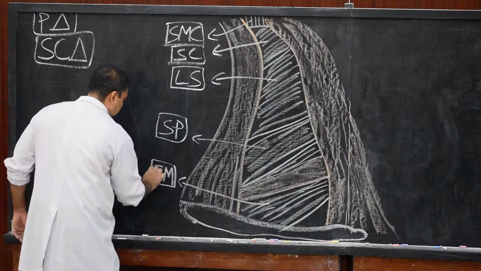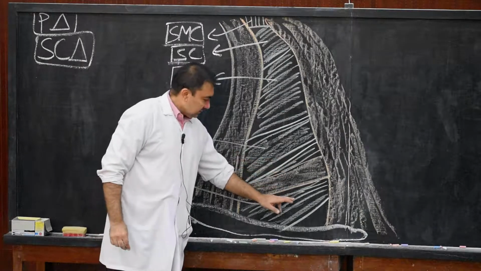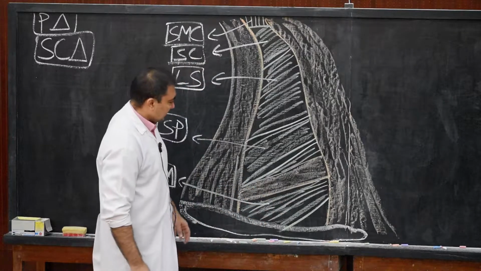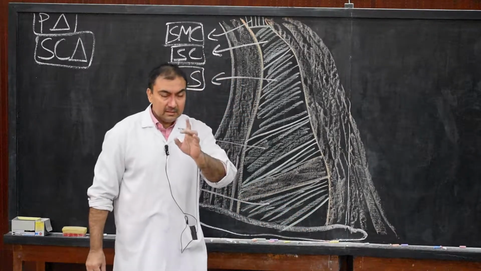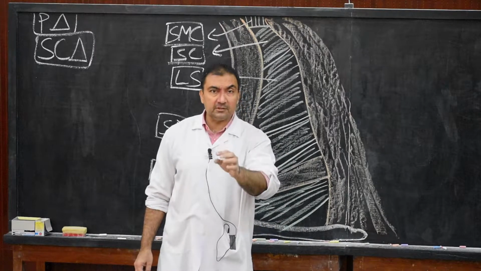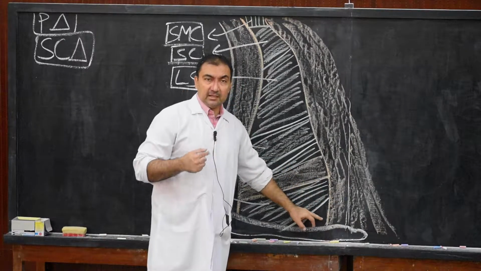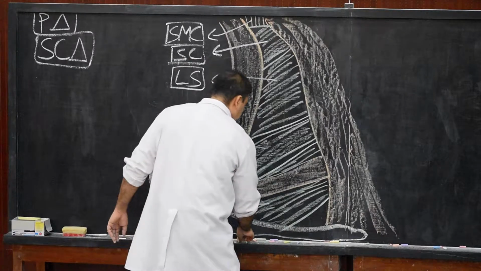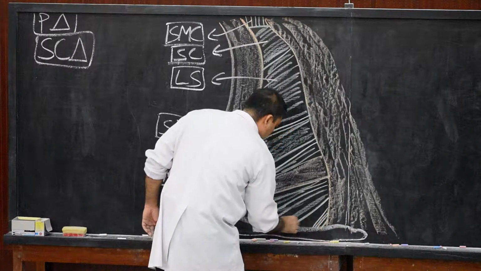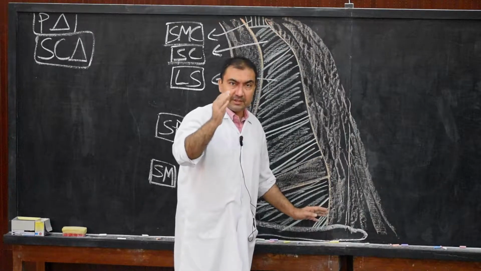A part of scalenus medius is forming the floor of occipital triangle, and the major part of the scalenus medius will be forming the floor of the supraclavicular triangle. And below that, yesterday we had drawn scalenus anterior. Same way we are going to draw the scalenus anterior. Although scalenus anterior is not included in the floor of the supraclavicular triangle, but then also we need to show scalenus anterior. So little bit of fibers of scalenus anterior we are going to show over here, because scalenus anterior is overlapped by fibers of sternocleidomastoid muscle.